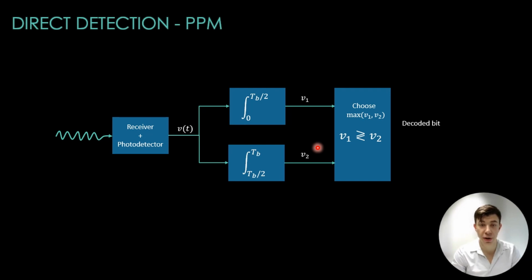In essence, direct detection with PPM decodes the signal by determining which half of the symbol duration contains the pulse. The integrator with a higher voltage output indicates the pulse position and thus the transmitted bit, while